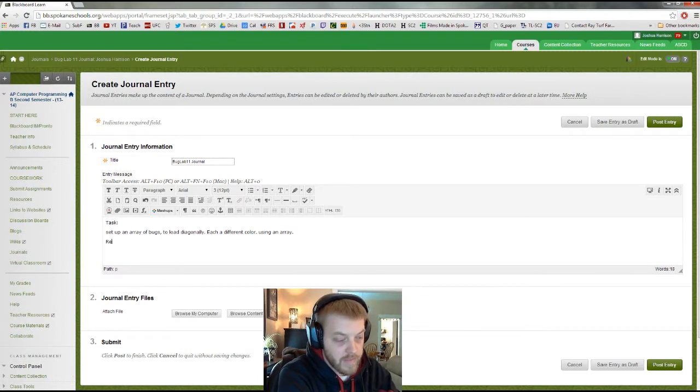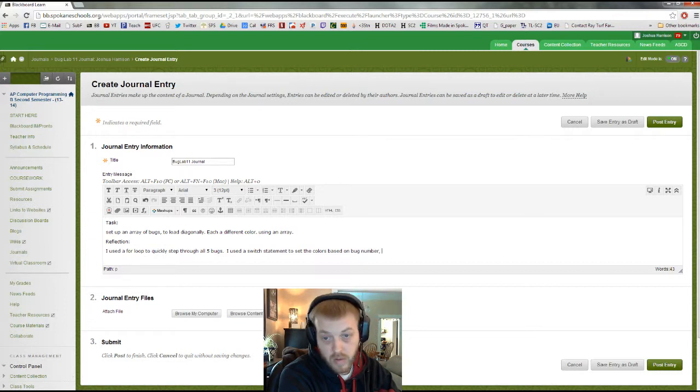And then the reflection part of it. I used a for loop to quickly step through all 5 bugs. I used a switch statement to set colors based on bug number or the index of the array. So J got to be a lot of different things in this program. And